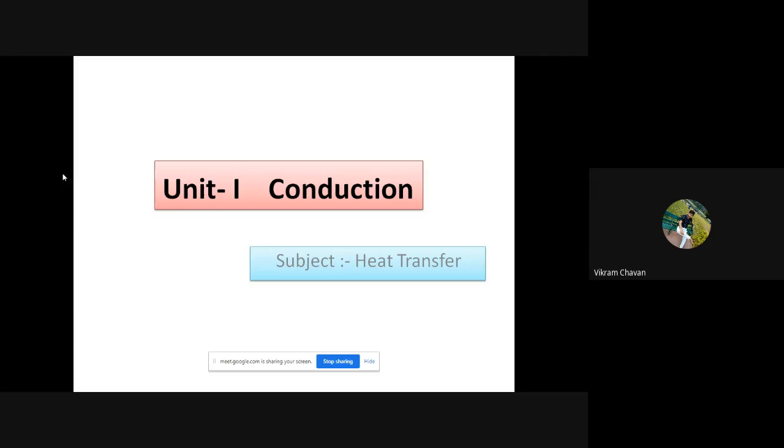In the last lecture we also discussed the prerequisites, that is nothing but what we have learned before learning this particular subject. That is basic mechanical engineering, which we learned in the first year. Then in the second year we learned thermodynamics and applied thermodynamics, and in the third year we are now learning the heat transfer subject. When you go to the final year, there will be refrigeration and air conditioning, that is the RAC subject. For that, the prerequisite will be heat transfer. Okay, so